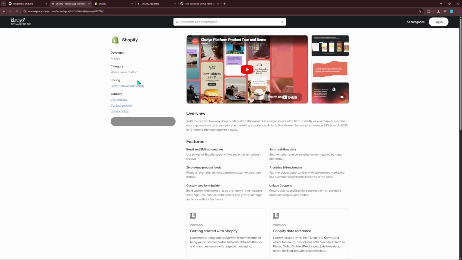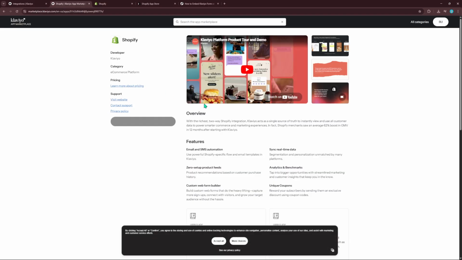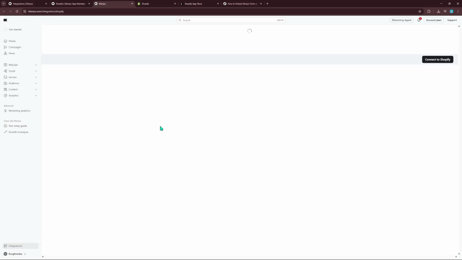This will take you to the Shopify app page within Klaviyo. Here, you'll find an Install button. Click on it to start the installation process. It's as simple as that, and you'll be one step closer to having your Klaviyo form live on your Shopify